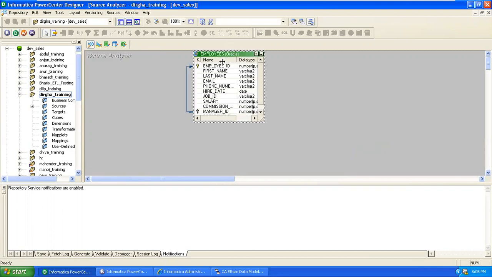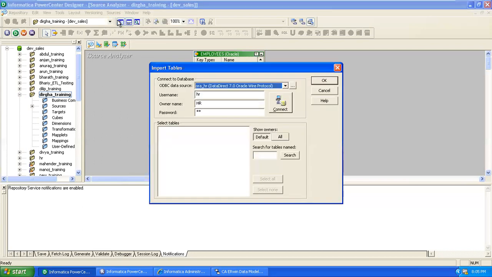See here, Employee is a primary key, and it is also defined as a foreign key, the manager ID column, available in the same table. This is called a unary relationship. Okay. And a binary relationship means